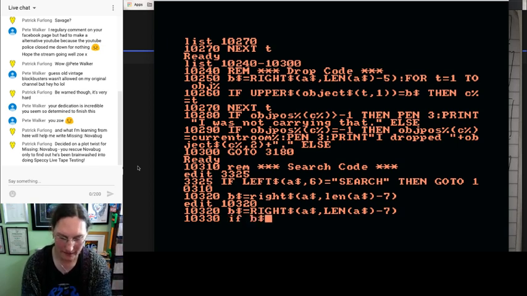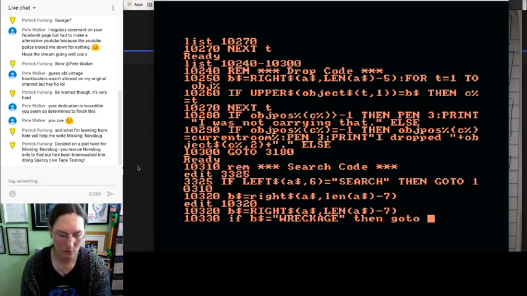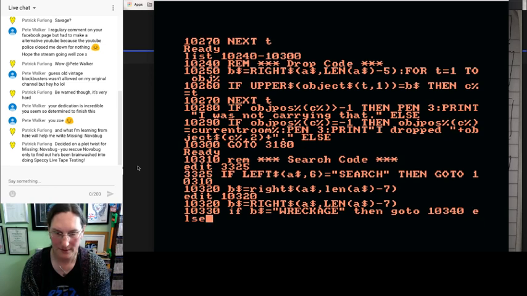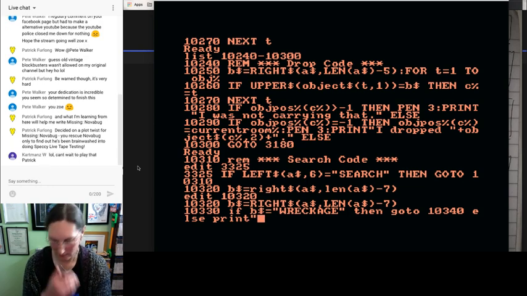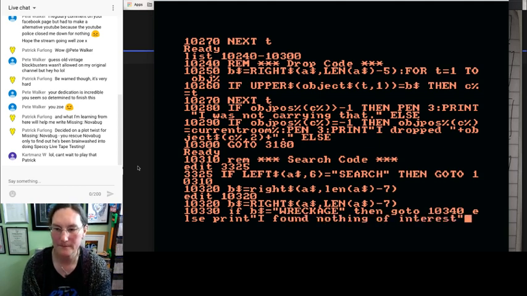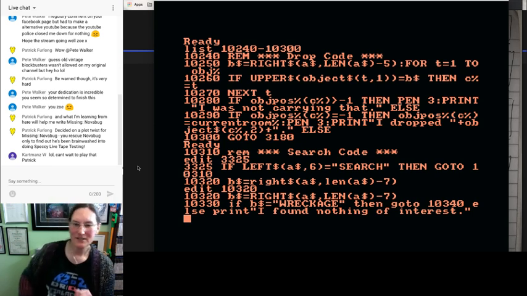If B string equals wreckage, then go to 10340, else print I found nothing of interest. Okay, let's leave it like that. So,